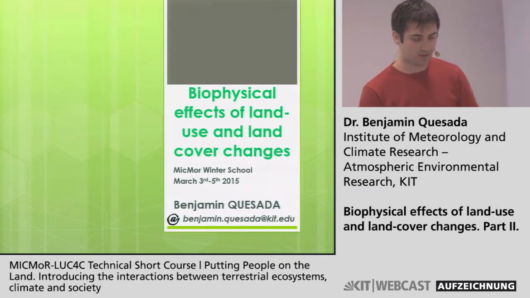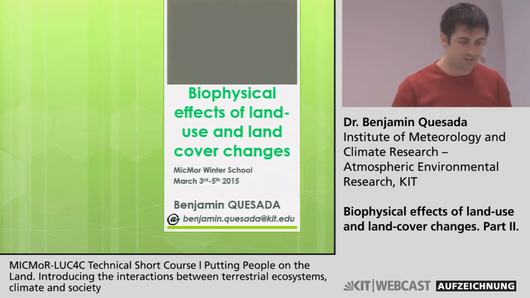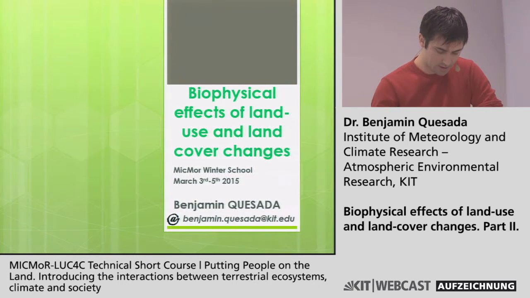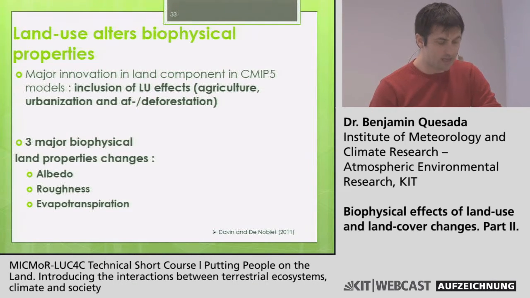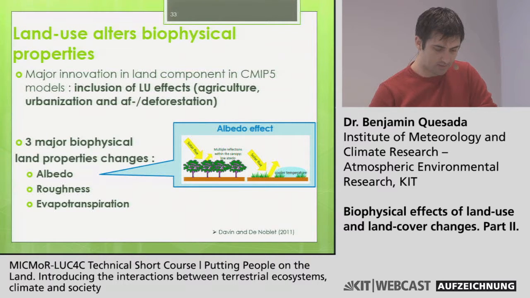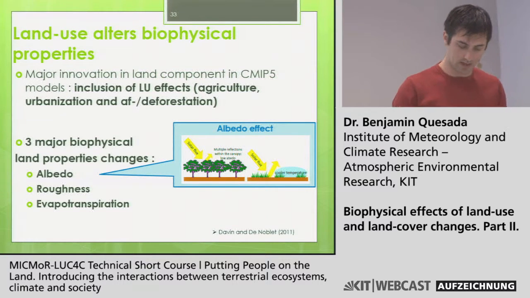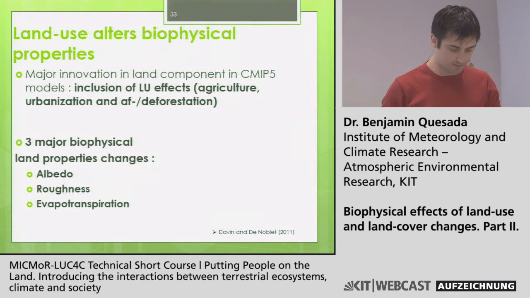Okay, so let's begin the second part of this lecture on biophysical effects of land use and land cover changes. But just before, let's recap a little the major biophysical changes that land use provokes. Three major biophysical changes: the albedo, the roughness, and the evapotranspiration efficiency. We have seen that in general, when you deforest dark forest, you have a brighter surface, more reflected sunlight, so cooler temperature. That's a radiative effect, a cooling effect, but you have also two other effects that tend to